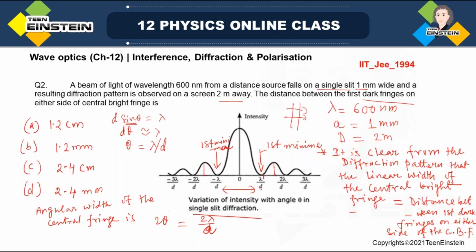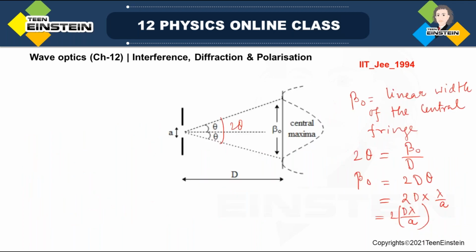This is d, it is written, this is just a. We said slit with a and d are the same here. Okay, that's why we have written it anyway. So we have got the linear width as 2 capital D lambda by a. So 2, and this D is also 2 meter,